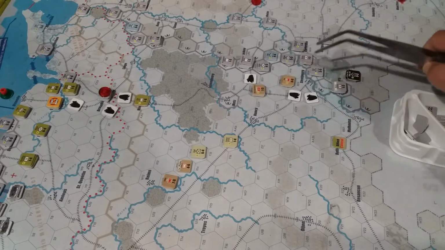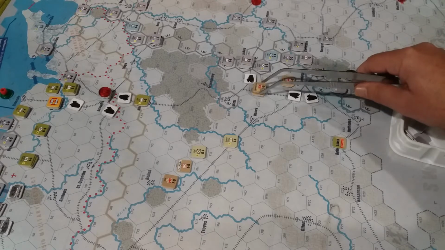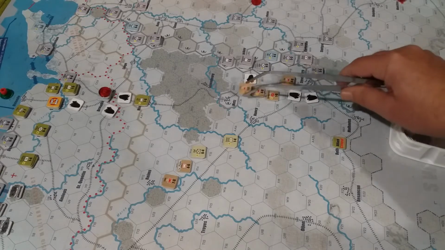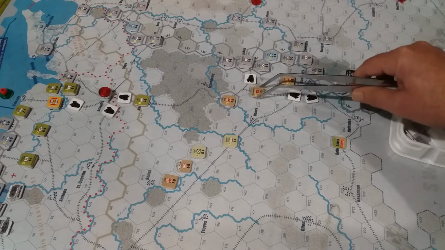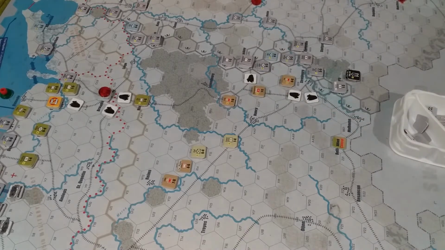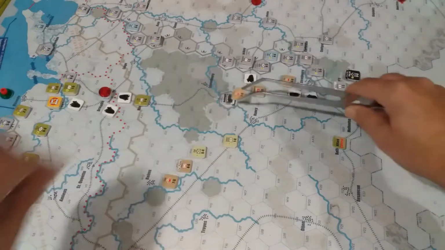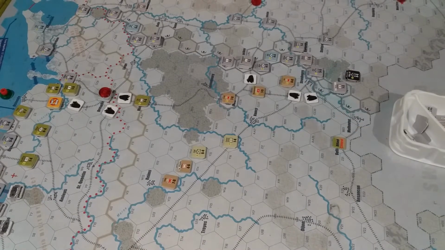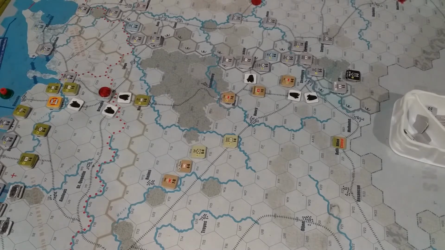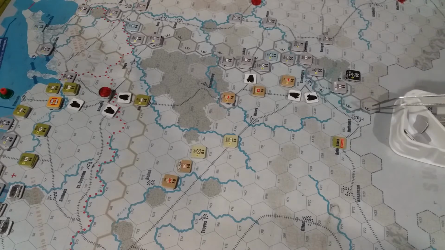We haven't taken out Metz yet, have we? This guy can go 1, 2 into Metz. And I think that gives us lots in there. So the Metz fortress is destroyed. Like that. Now, there's no more